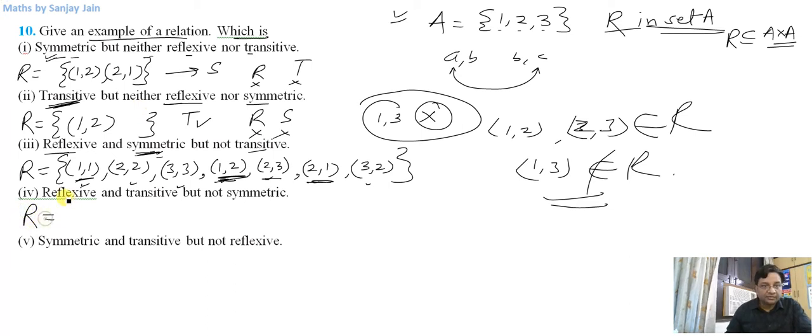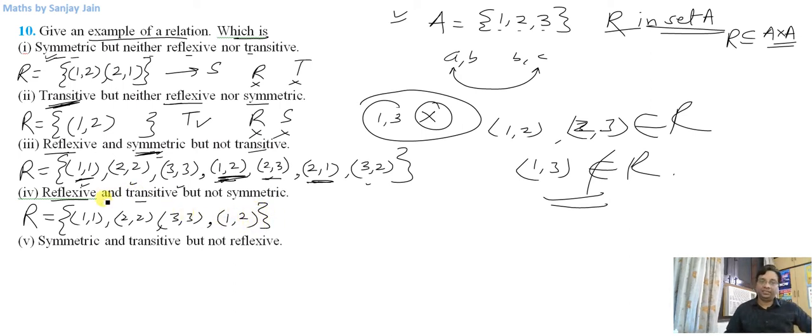Let us define a relation which is reflexive. So the first thing I need to do is take these doublets to make it reflexive. It is transitive but not symmetric. So if I take any other element, let us take 1 2, even if I close it here, it will satisfy all these properties, that it is reflexive. Why? Because all the doublets are present.